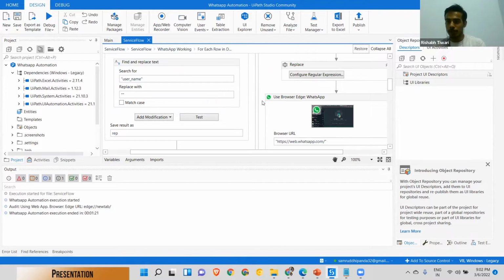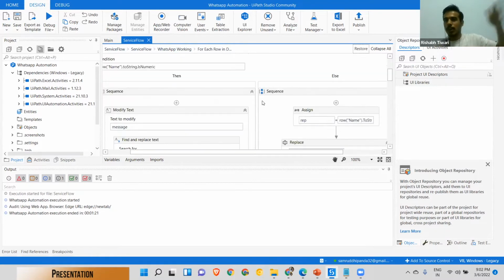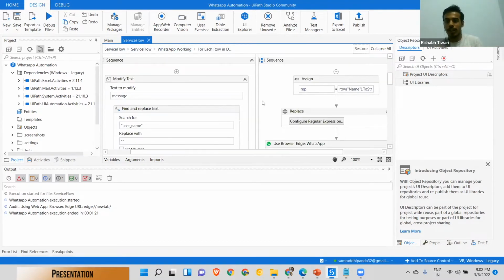If we have the name of the customer, we directly access the browser extension using browser extension activity. We directly go to the WhatsApp web. Using screen UI recognition, we recognize that type into block, and using type into activity, we just put in the message and we send